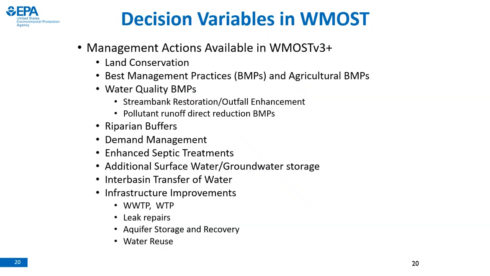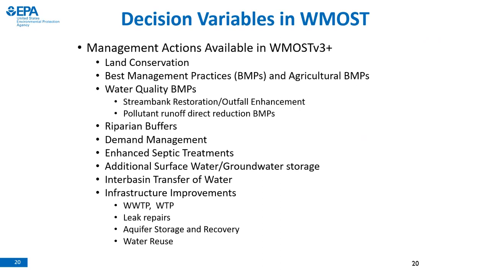I focused mainly on the urban BMPs in the first two modules, but there are a variety of management actions you can explore in WMOST versions 3 and onward, including land conservation, not just the urban BMPs, but also a handful of agricultural BMPs, some additional water quality BMPs like stream bank restoration and outfall enhancement to reduce erosion, some direct reduction BMPs like urban tree canopies or street sweeping, implementation of riparian buffers,